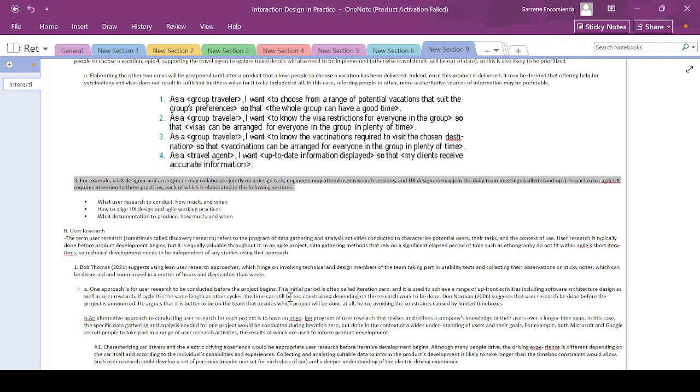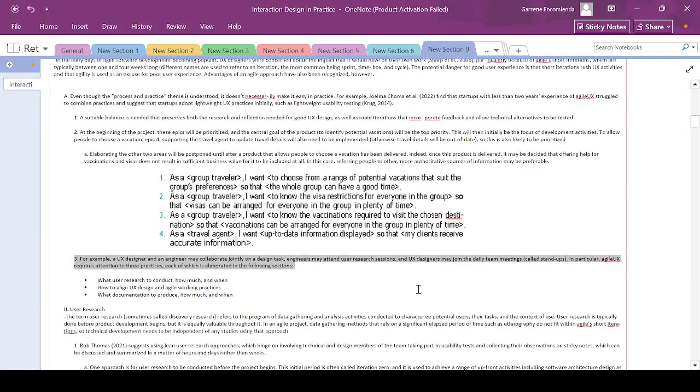So this agile was usually being done before the development. So a developer may actually be included in that user research or those interviews, and then UX designers may be in the daily meeting. So this is how UX applied Agile